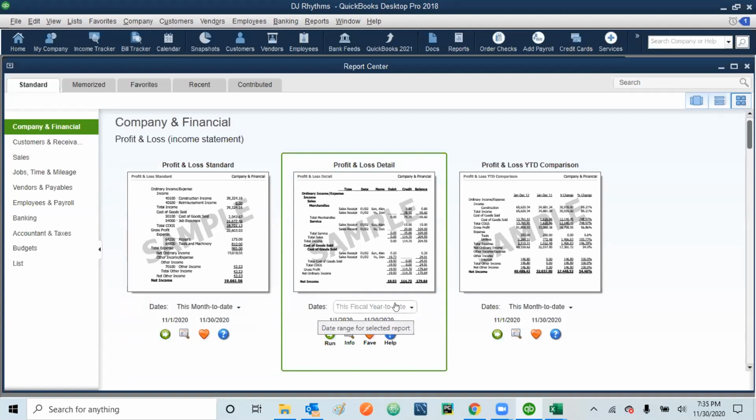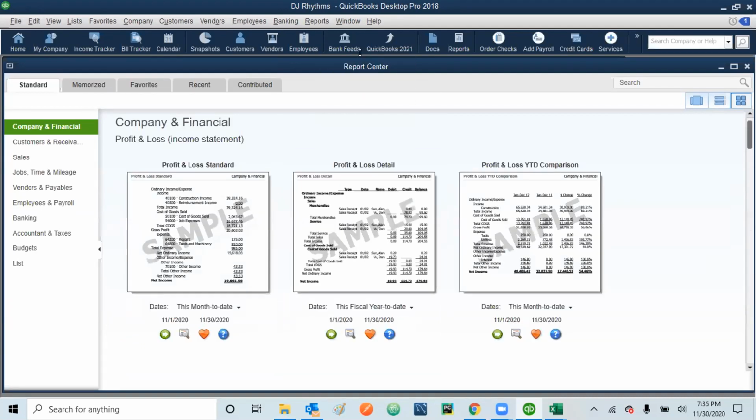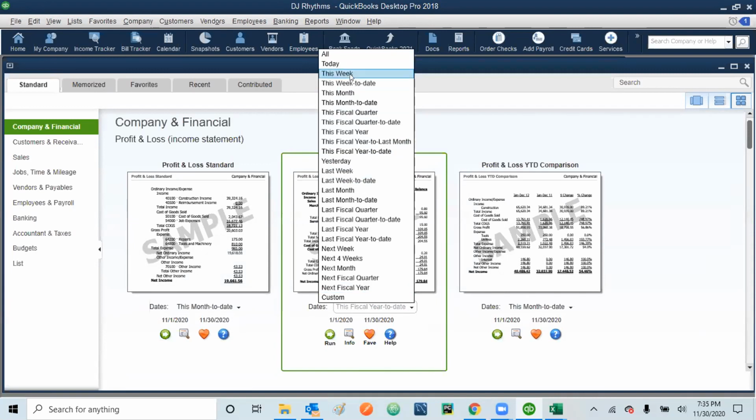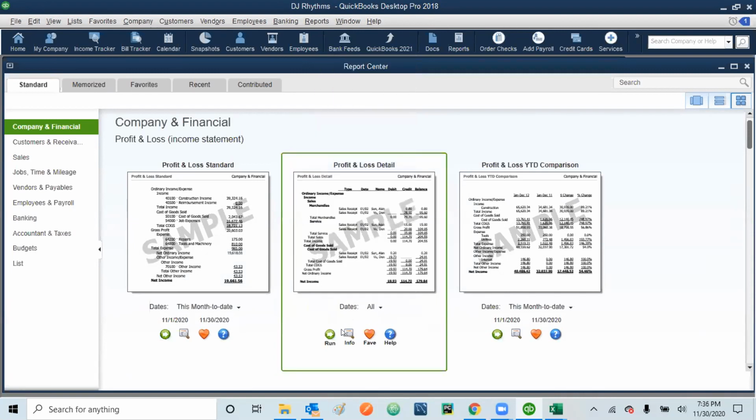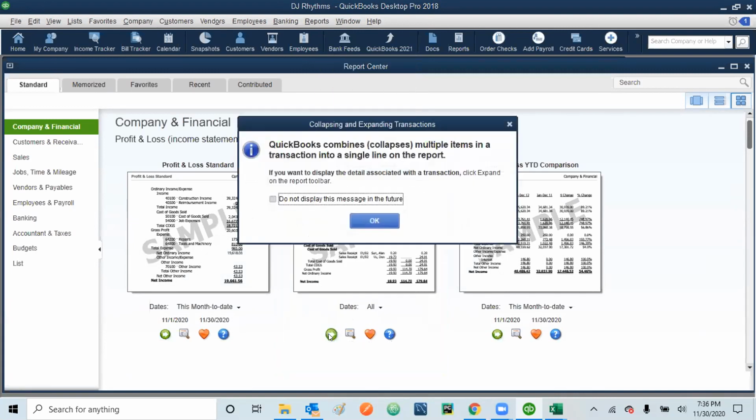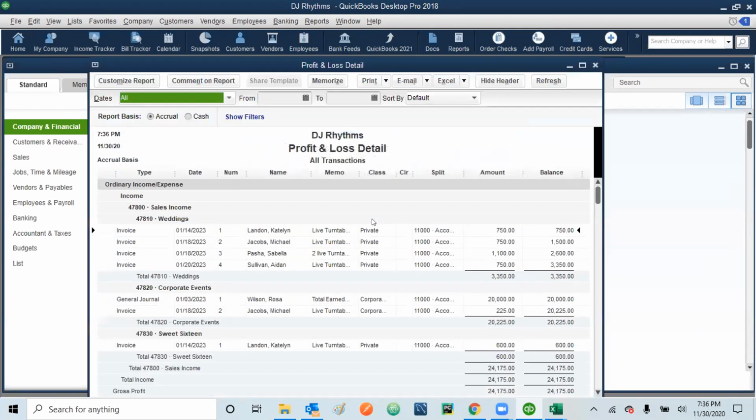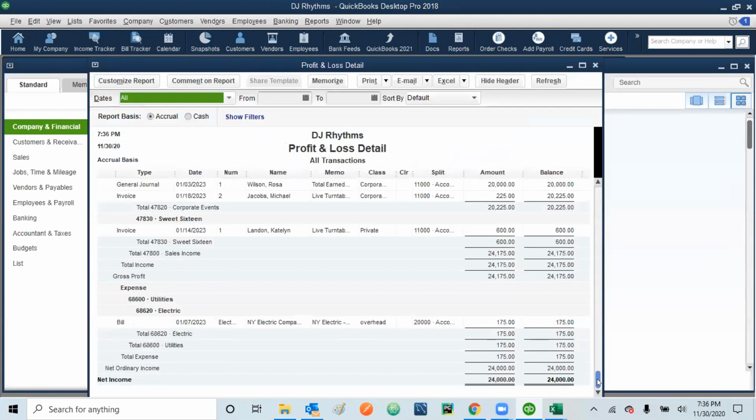And then in that one, you are selecting the date by yourself within the report, but here you can also select the date before going into the report, all the way similar, nothing different. Once you select the date, the fiscal year to date or whatever the date you select, let's say I select all, and then I can just simply click run report, click OK, and then the same report is generated. So there are multiple ways of running the same report.